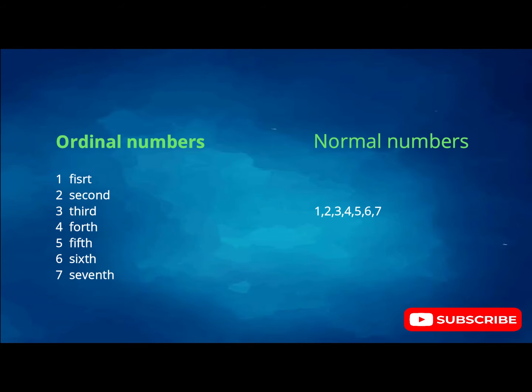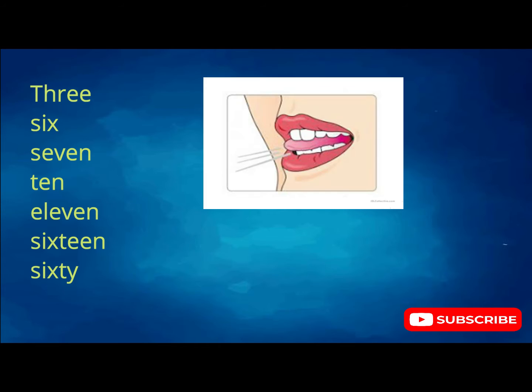First of all, I have to say that we have two types of numbers. We have what we can call the normal numbers, like 1, 2, 3. And there is no big problem with that, except some numbers I have to focus on. I can say there are about 8 numbers that some people may mispronounce, like 3. You have to get the tip of your tongue to touch the upper teeth. 3, 6,